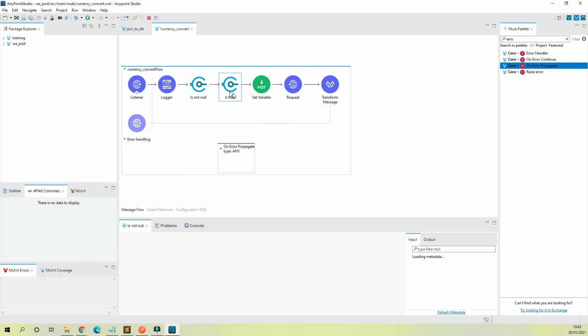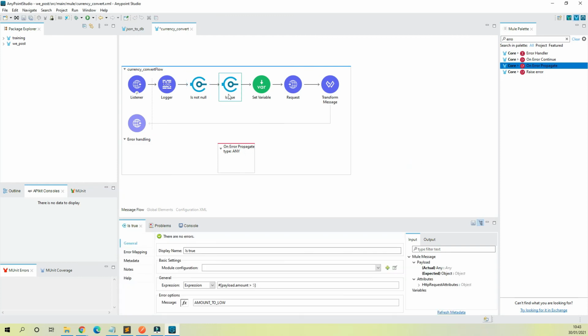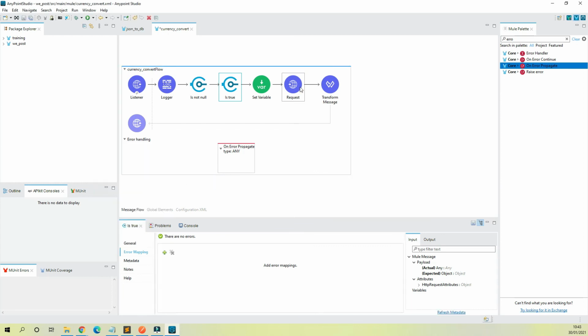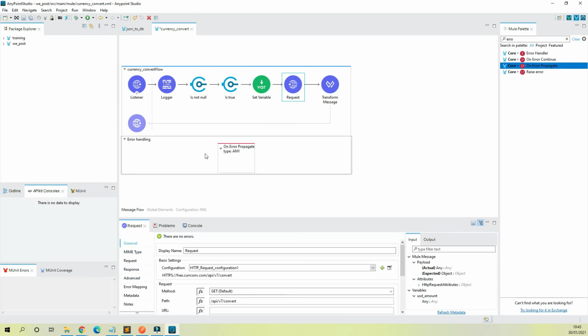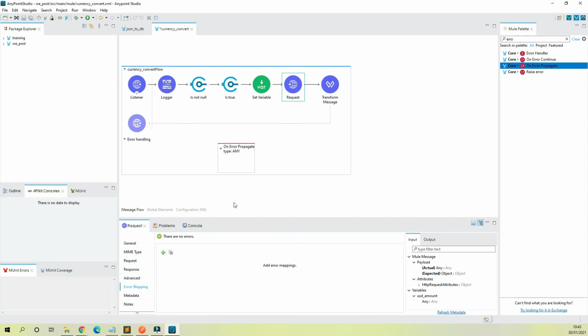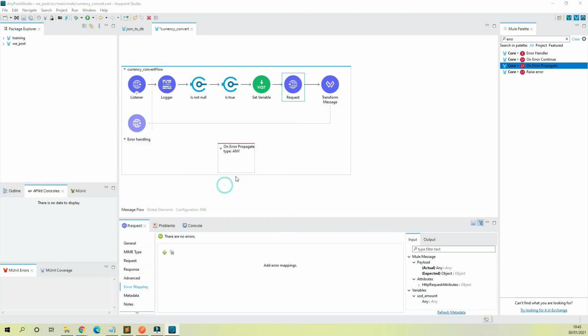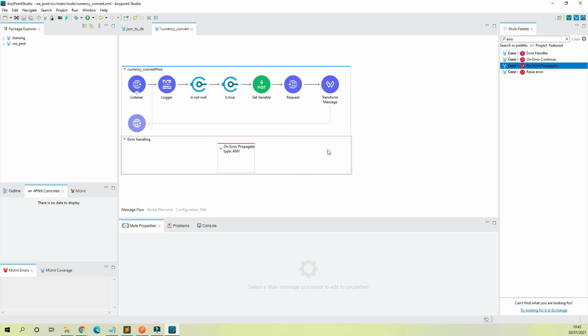So I'm going to my API. I'm just going to be sure everything has executed properly. Okay, so I'm going to call my API. First of all, we'll supply an amount of 29. Okay, we got an amount, that's fine. So what if we supply 1? We can see it tells the developer, oh, this error is coming from MuleESB and the error code is